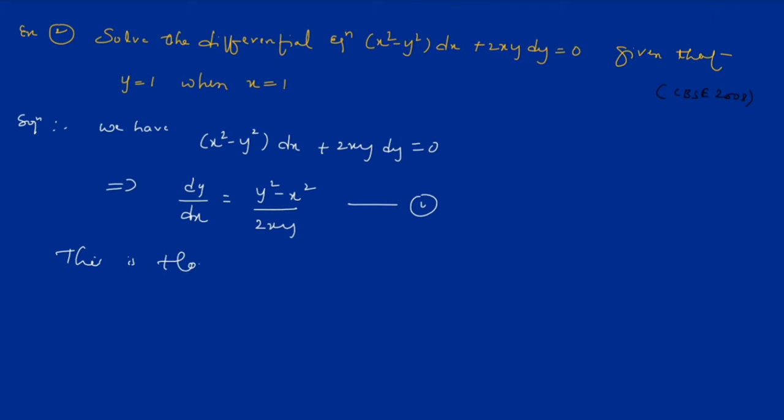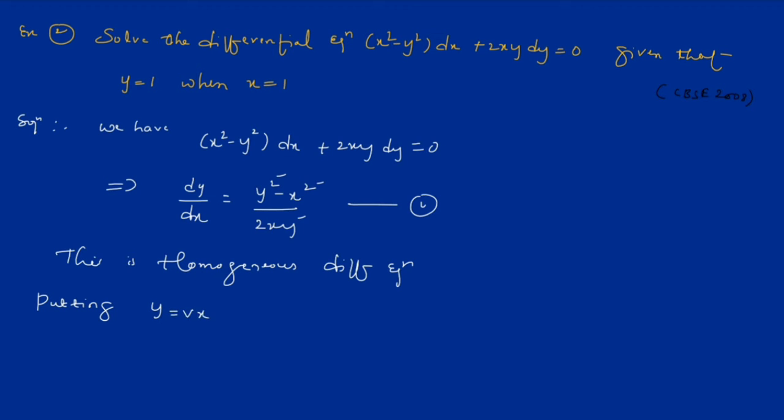This is a homogeneous differential equation, right? Because the numerator has 2 and the denominator also has 2. Therefore the numerator as well as the denominator have the same order, so the degree is the same. So this is a homogeneous differential equation, right? So, putting